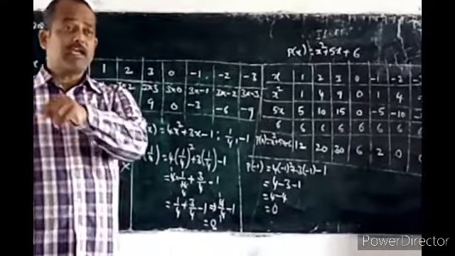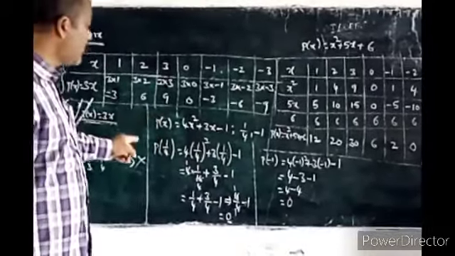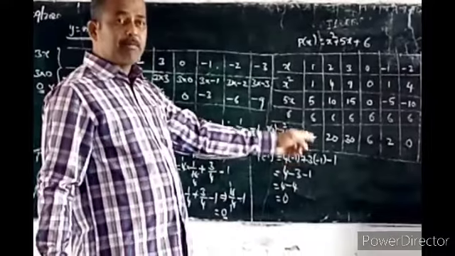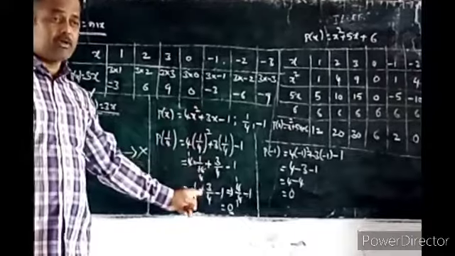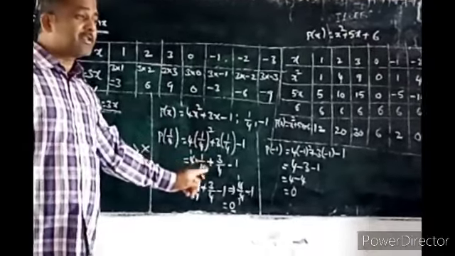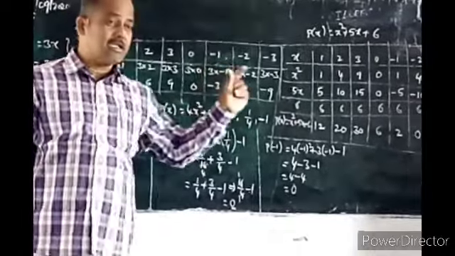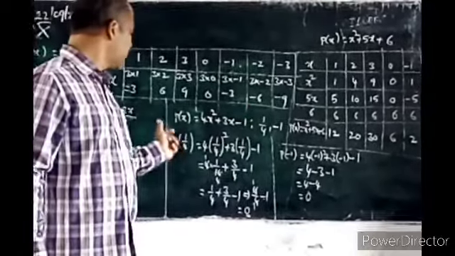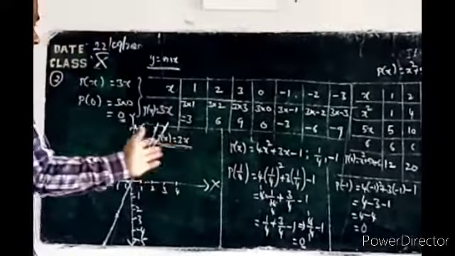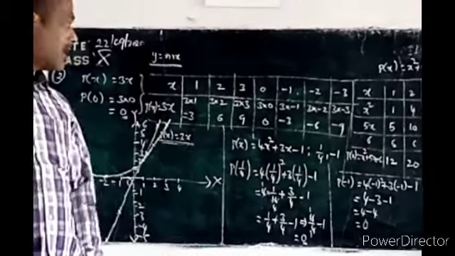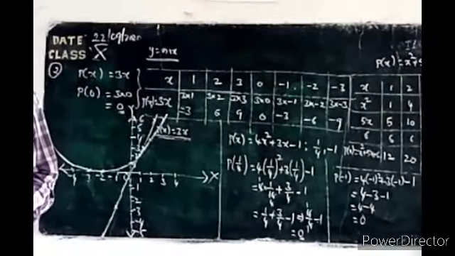Here what he asked is, why are these zeros? That means when we substitute 1/4 and minus 1 in place of x, the value of the polynomial becomes 0. So these are the zeros. That means 1 by 4 and minus 1 are the zeros of this polynomial, P of x is 4x square plus 3x minus 1. That's it. Tomorrow, the relation between the zeros and